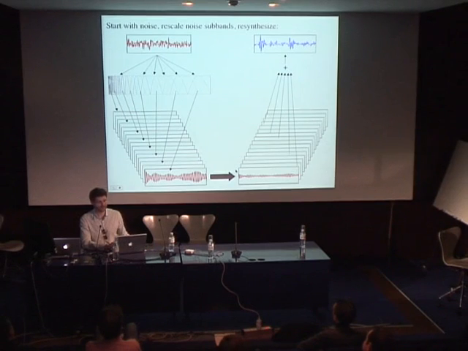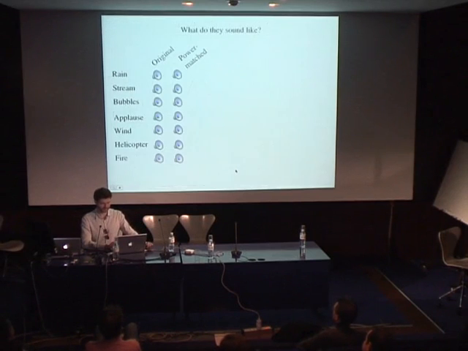If the power spectrum theory of texture is correct, these synthetic signals ought to sound like examples of the real thing. So what do they sound like? Well, unfortunately, they basically sound like noise. Again, this is noise that was adjusted so as to have the same power in each channel as in this case a recording of rain,